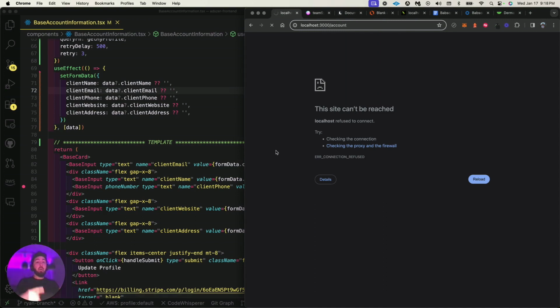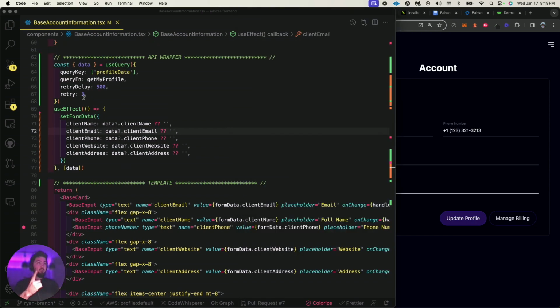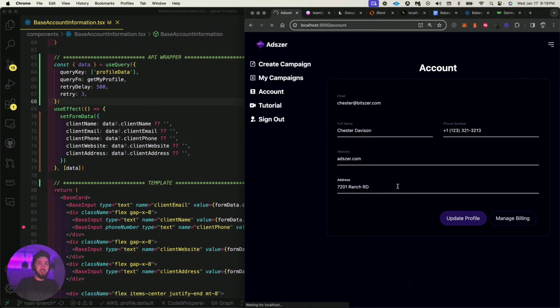So here, let's see. And we should see now that new address field where we can input new data, validated data as well, according to whatever validation we need, whether it's string, phone number, email validations, a certain formatted phone number, things like that. And then it's also payload validated, meaning it's completely seamless with the API. If anything changes, if I misspell something, it'll let me know. So we can see that we now have this address field, and you can see there's actually that refetching happening right now. We saw one of the retries happen from the TanStack Query API wrapper, which is pretty cool. So here we can see that address field is updated.